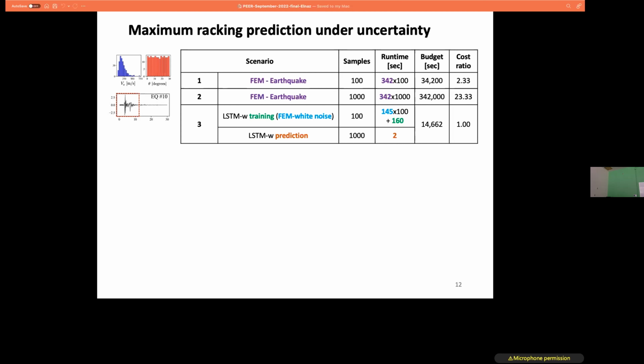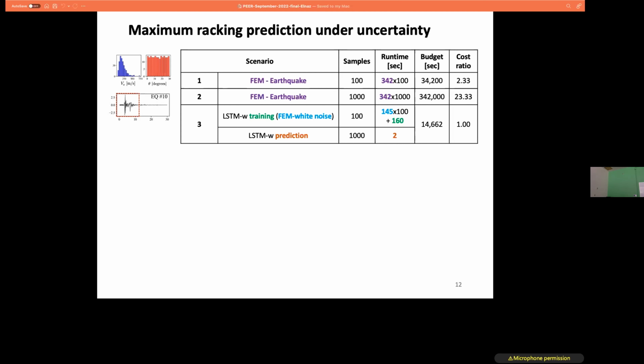So this is the training size I decided to use, training and validation basically. And then for training the model, the time it takes for that specific problem was about 160 seconds. Then after having this trained model, I want to do lots of forward simulations. So now let's say that I'm going to use 1,000 samples from this distribution and do my predictions to see how my